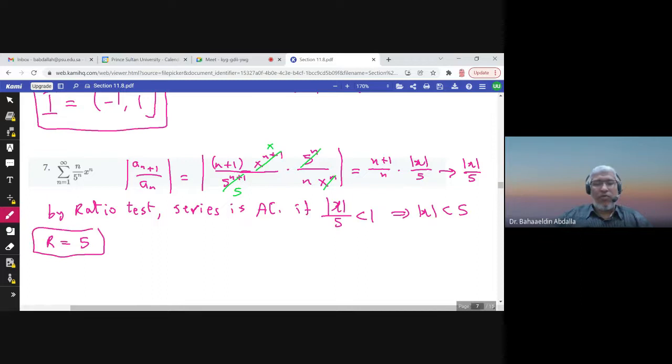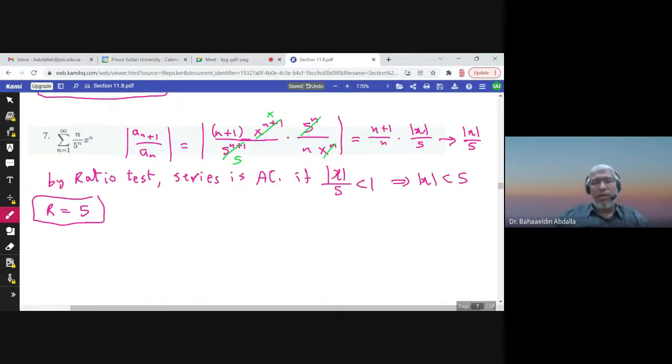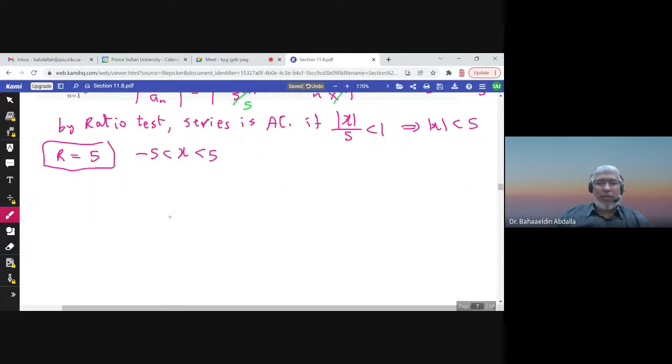So the radius of convergence is 5. If you have any problem with the radius of convergence, see the previous video, please. And the interval of convergence is between -5 and 5, but we have to check the endpoints